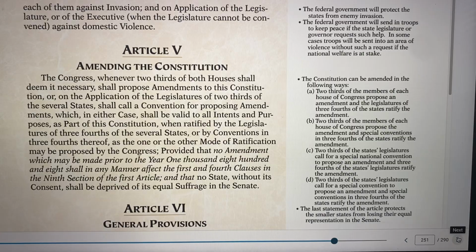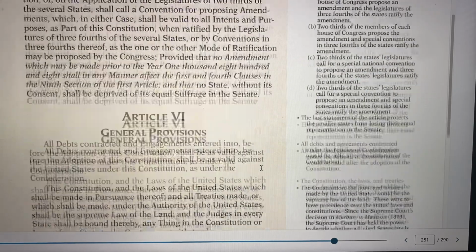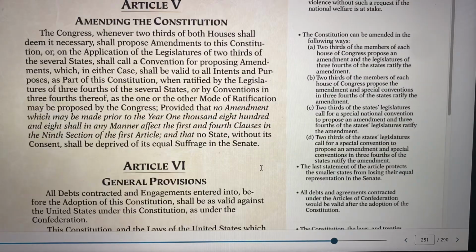So Article 5, amending the Constitution. How do we change the Constitution? Let's find out. The Constitution can be amended in the following ways. 2/3 of the members of each house of the Congress propose an amendment, and the legislatures of 3/4 of the states ratify the amendment. So 2/3 of the members of the House of Representatives and the Senate, and then 3/4